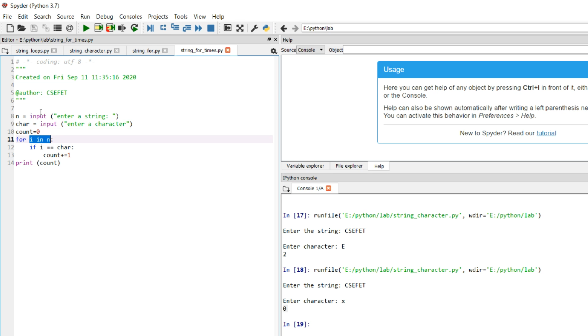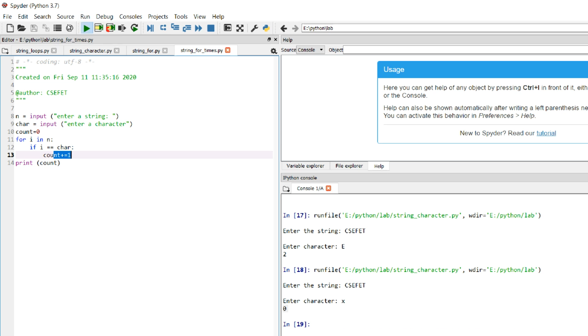We simply write for i in n, and for i in n assigns the value of n[0] into i, and then we check i with char. If it is the same, we increment the value of count. It keeps on incrementing as long as we are traversing the string, and finally the value of count is printed.